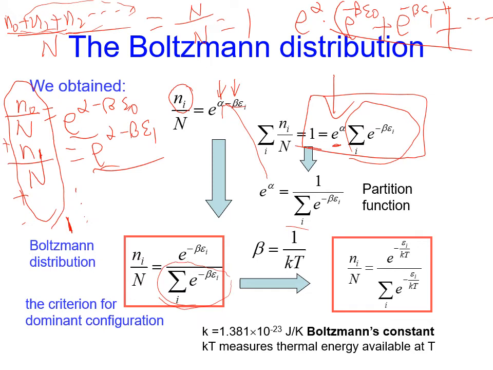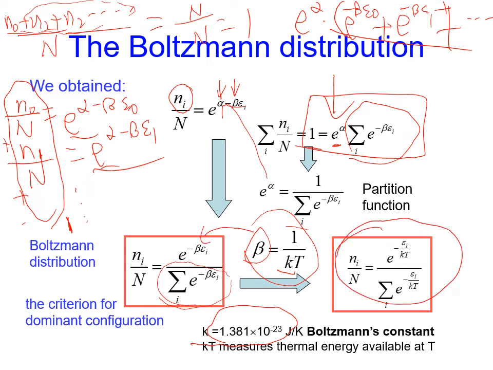And without the proof, here I show you beta, another multiplier, should equal 1 over kT. K is the Boltzmann constant, is this one. Now, if you are interested in how this is derived, please read a textbook or other resources. So you can plug in this equation, and you get what we call the Boltzmann distribution,